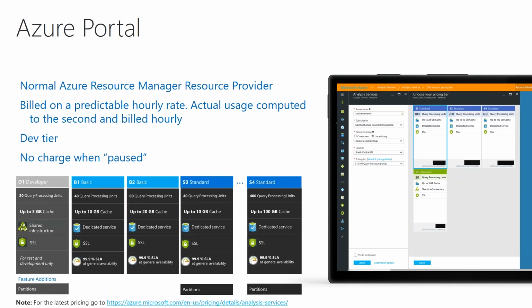The nice thing here is you don't get charged for anything whenever this is paused. With tools like SQL Data Warehouse, you can pause and not get charged for compute. Same thing with virtual machines. You can shut them down and not get charged for compute. Here, you don't get charged anything whenever this is paused. So all that cache data